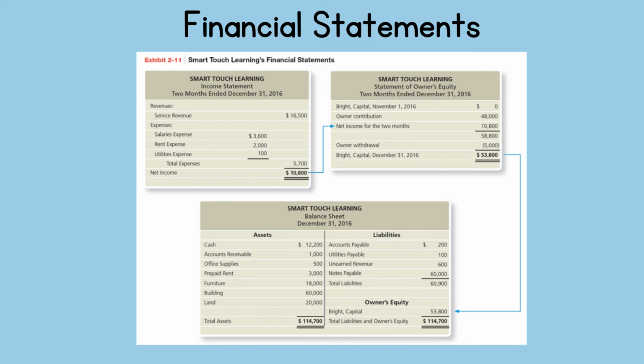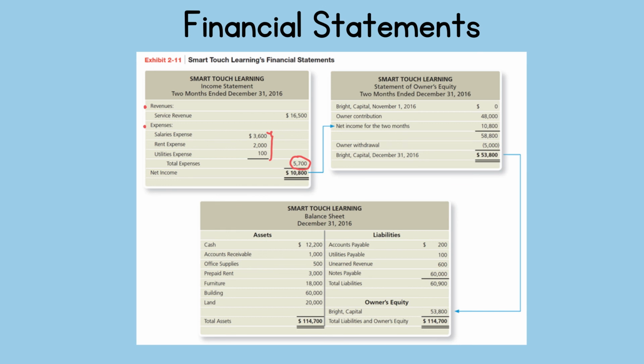Then we're gonna prepare the financial statements. So we're gonna start with the income statement, which is revenues less expenses. So we have only one revenue account, which is service revenue. I'm gonna subtract total expenses, which is 5,700. I'm gonna get 10,800, which is the net income, which is gonna be used in the next statement, which is statement